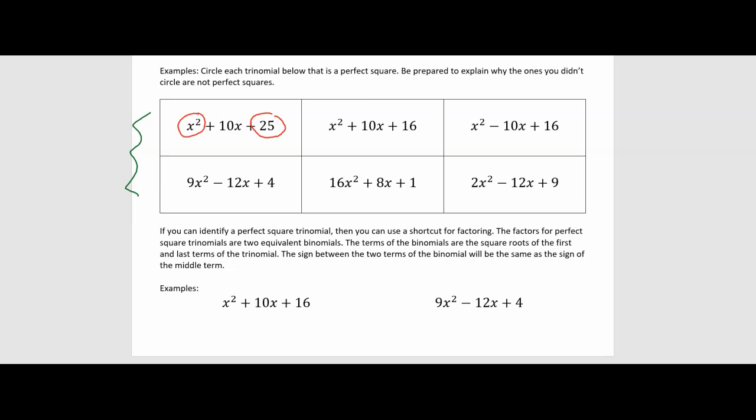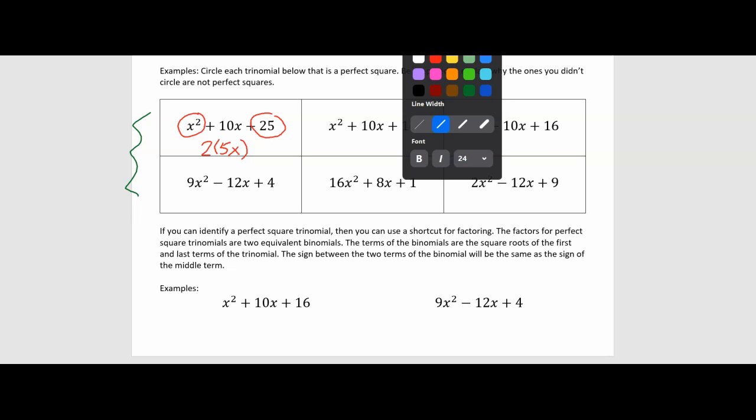Both of these are perfect squares. Square root of x squared is x. Square root of 25 is 5. 2 times the square root of 25 and the square root of x squared does give us 10x. If I look down at this one below,